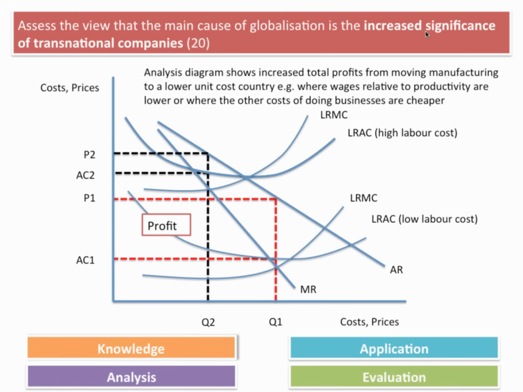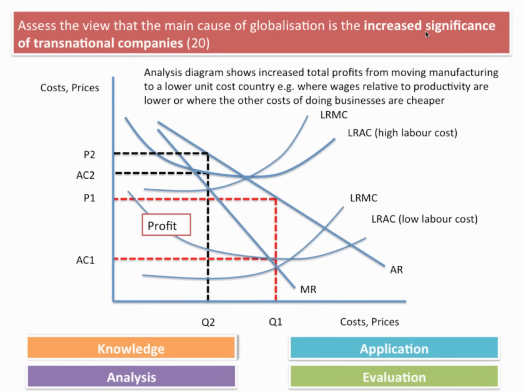Now, an analysis diagram can be really handy at A2. One of the things which is quite interesting if you read exam scripts that come through from students, is that often they go back to simple supply and demand theory when answering questions. And that's okay. It's a reasonable approach. But actually what I would want you to do, everybody in the exam, which is coming up pretty quickly, I'd want you to use the A2 economic theory that you've been taught to make a point.